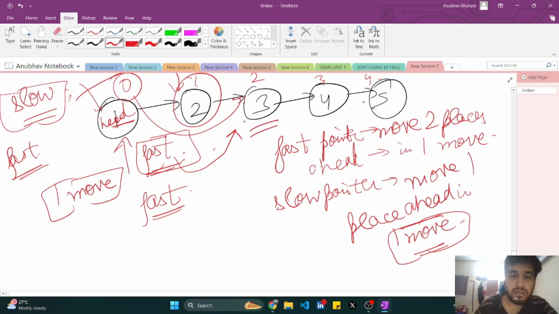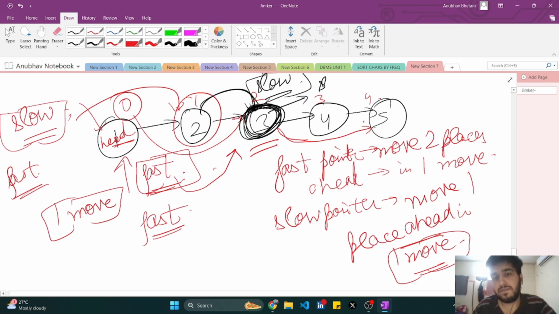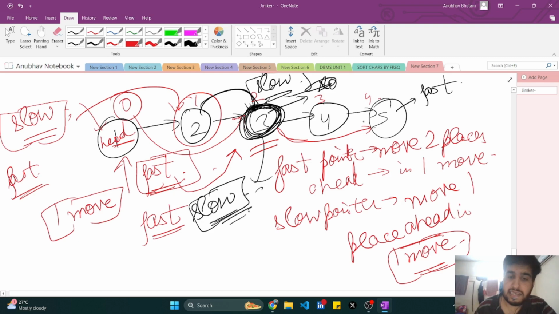Okay, so in the second iteration, the fast pointer would now move to the fifth node, whereas the slow pointer would move from the second node to the third node, the middle node that contains the data 3. So when my fast pointer is at the last position and my slow pointer is at the middle one, I'm getting this scenario in which if I go any further,